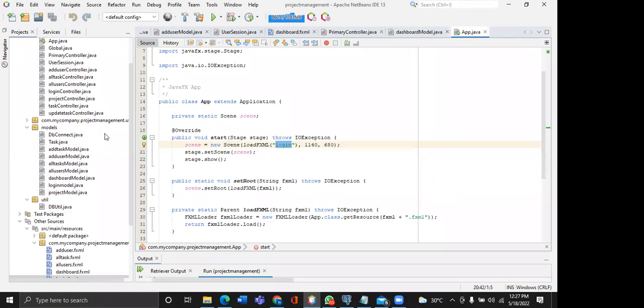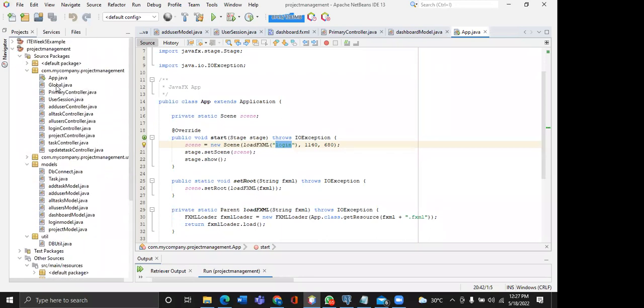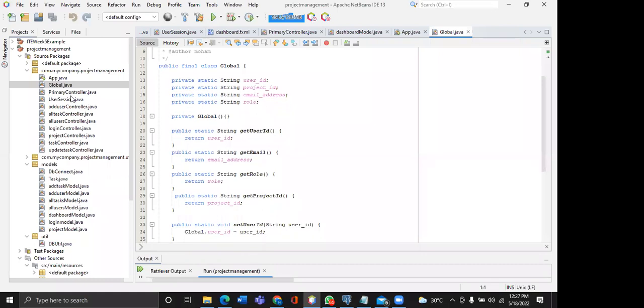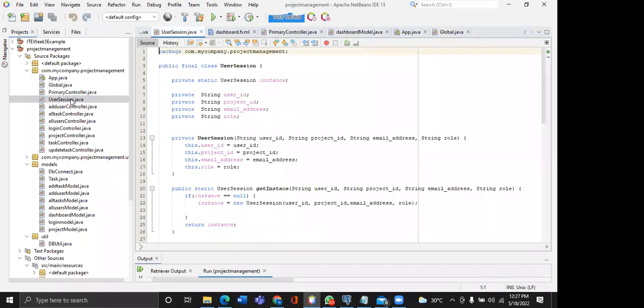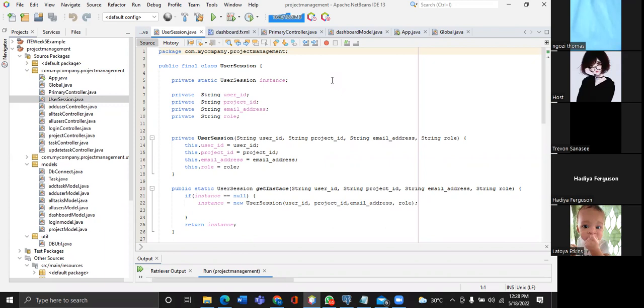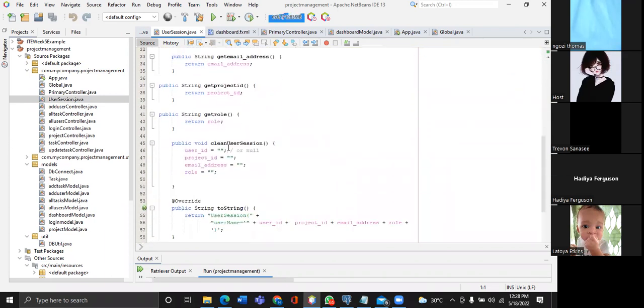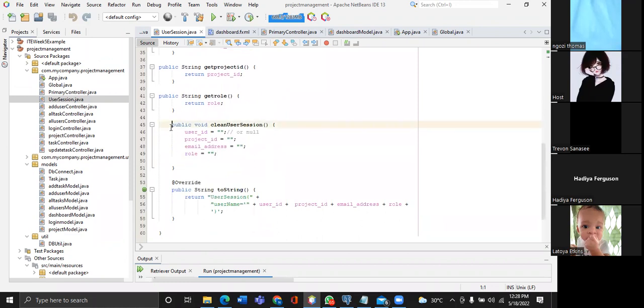So after the login, this is a global Java file. This and this file, the global Java file and user session Java file, work hand in hand to store the user information through a session. So these are your getters and setters. And basically how this works is